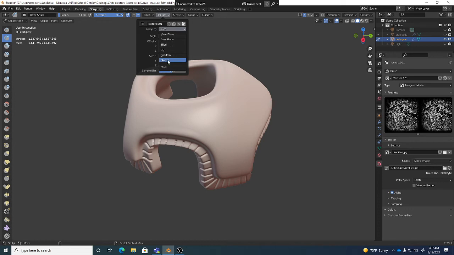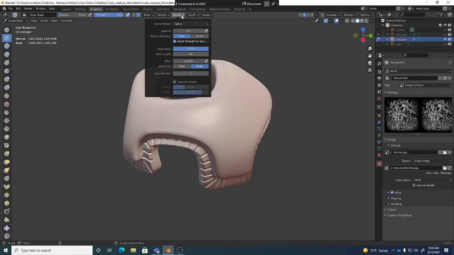So eventually we will see stencils this semester, just not right now. So Viewplane, though, is a good one. That basically is just going to attach it to the brush, and the brush basically paints it, and then it paints it again, paints it again. So it's kind of like every time you place your brush, it'll drop this image on the polygons, and then as you move your brush, it'll drop it again, it'll drop it again, right? That's what Viewplane allows. Now, if you go to stroke,